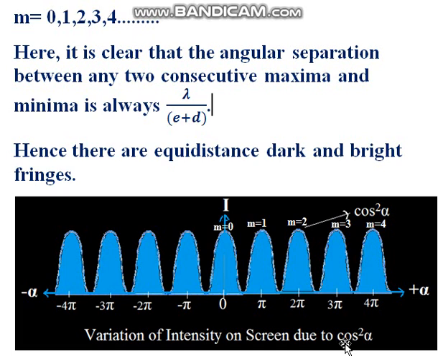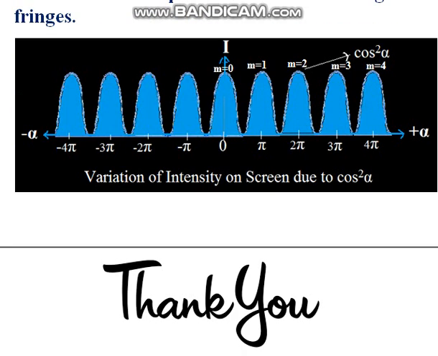So in double slit Fraunhofer diffraction, basically there are two effects. One is the diffraction due to the single slit, and the other effect is the interference. The final intensity is the resultant combination of these two intensities, and the results are very unique and interesting also. We will discuss the other results in our next video lesson. Thank you.